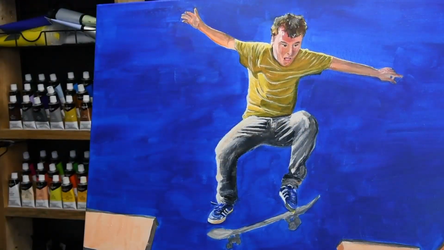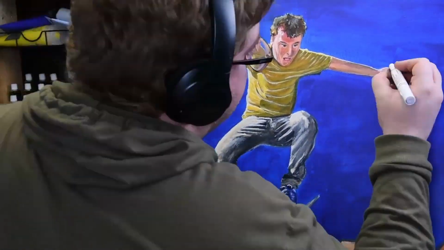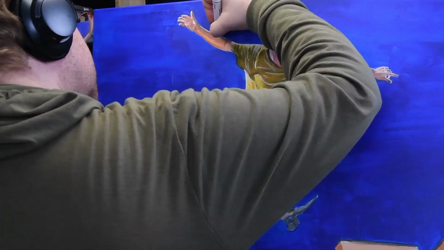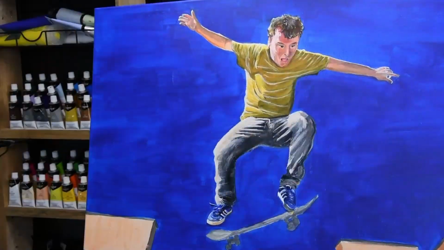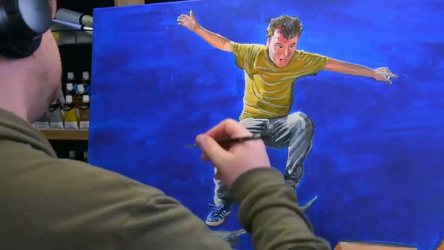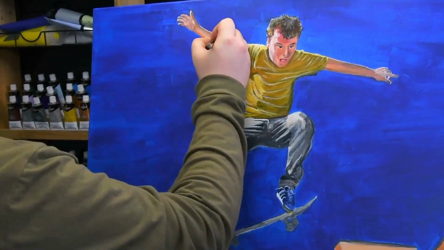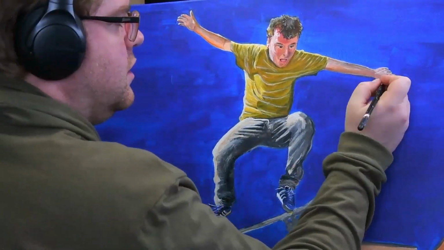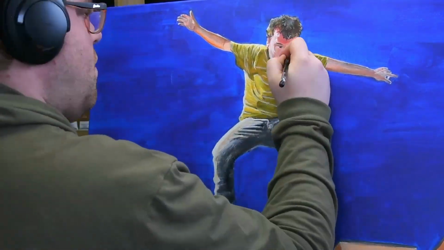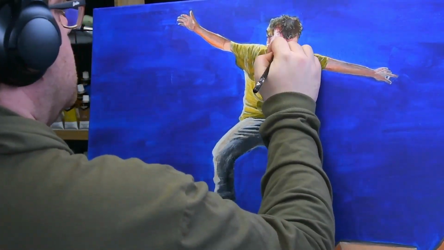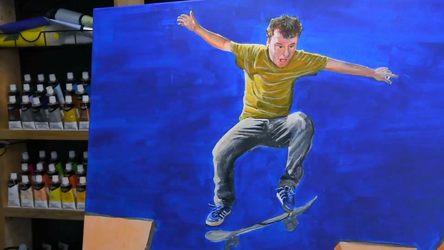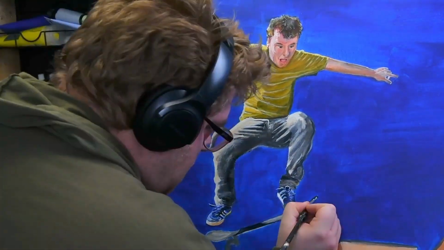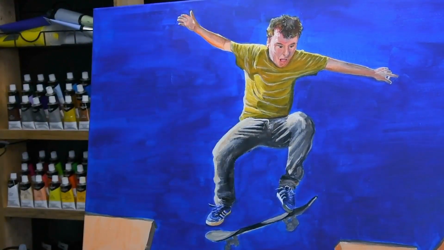So as you can see, I'm detailing the hair and the face. And I love the expression on the skateboarder, knowing that he's about to perhaps not land successfully. One of the things I struggled with in this painting were the hands. I'm not that experienced with hands, but I think I got their character quite well with the highlights and the lighting from behind.